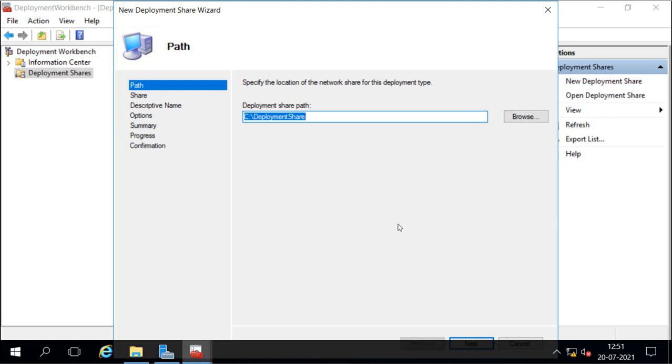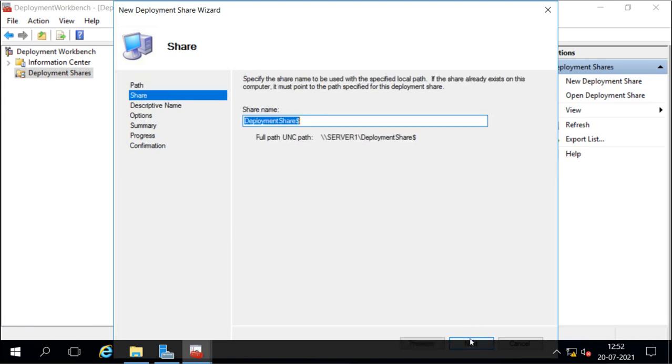So it will increase the performance, but still we can create it under the same C drive, the same system drive where we have the operating system. But it is a good idea to put this on another drive. Right now I don't have any other drive, so I will go with the same C drive, and I will say next.